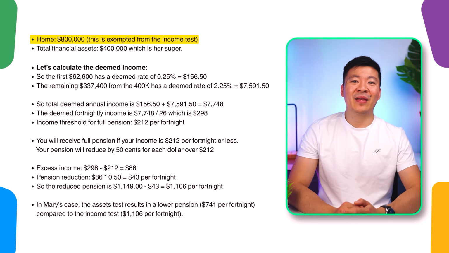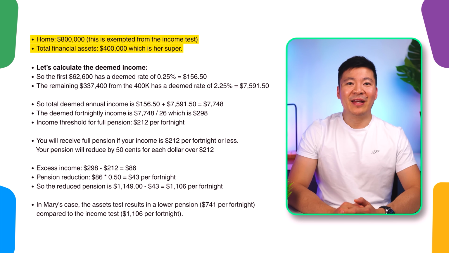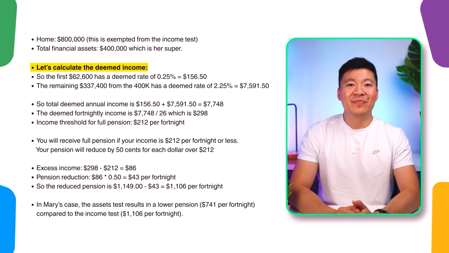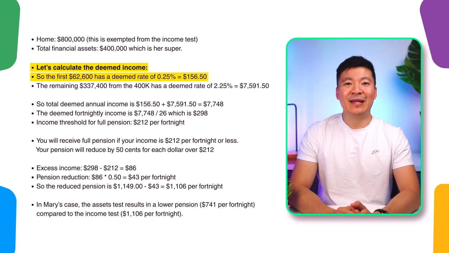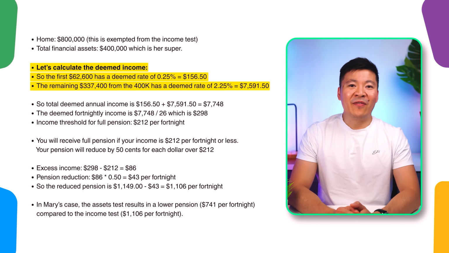Let's now do the income test. So again, Mary's home is exempt from the income test. Her total financial assets is 400k, which is her super. We don't include her other assets since they are non-financial assets. Let's calculate the deemed income. So the first 62,600 has a deemed rate of 0.25%, which is $156.50. The remaining $337,400 from the 400k has a deemed rate of 2.25%,